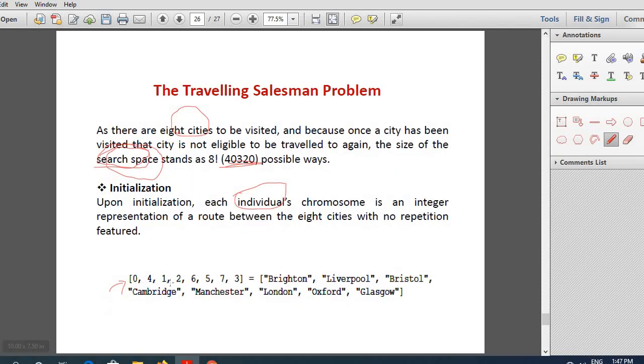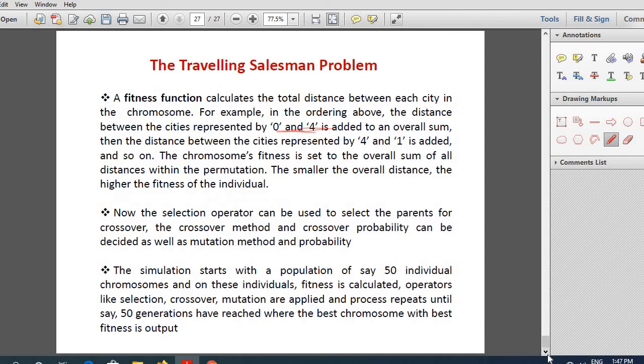After 0, 4, it is 4 and 1. So the distance between 4 and 1 will again be added to the sum. Similarly, the distance between each pair in that chromosome will be added to produce the overall distance value corresponding to that particular solution. So if he travels in this order, what is the distance?